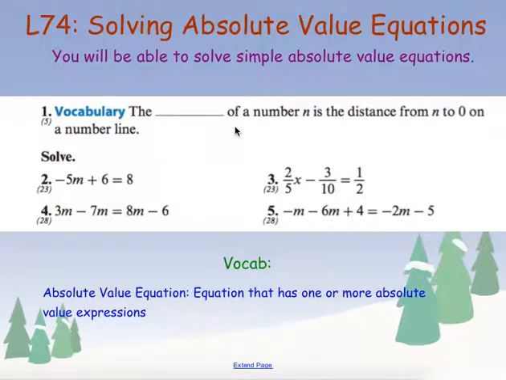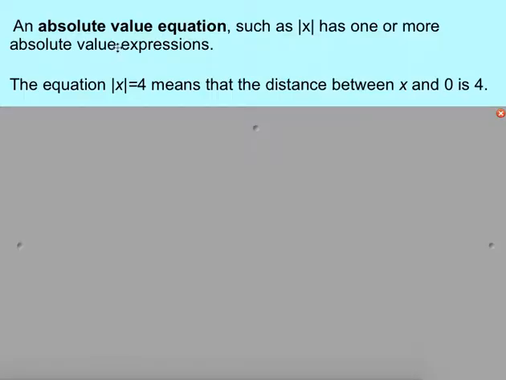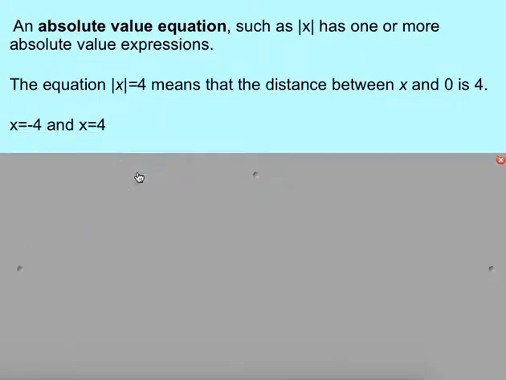Algebra 1, Lesson 74. We are looking at absolute value equations and seeing how to solve those, how we get a couple different answers for those. So an absolute value equation involves absolute value expressions. We can have simple ones like the absolute value of x equals 4, meaning if I have a value for x, that distance to 0 is 4 units away. So x would have to be either 4 or negative 4 in order to be 4